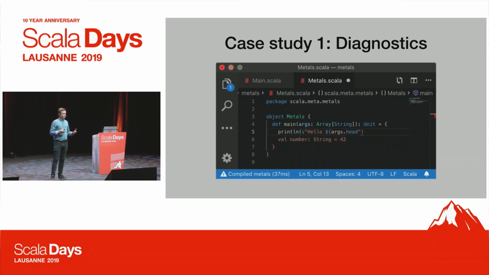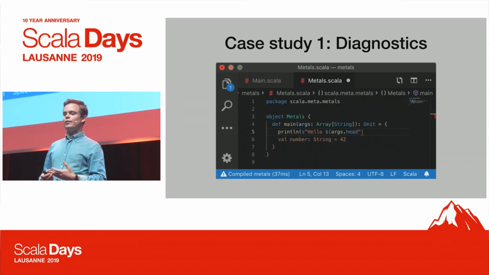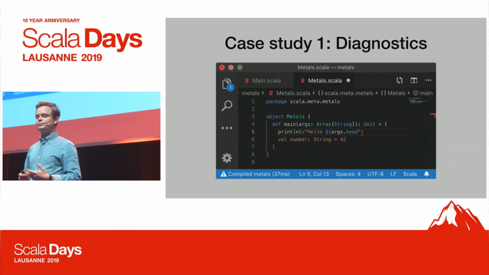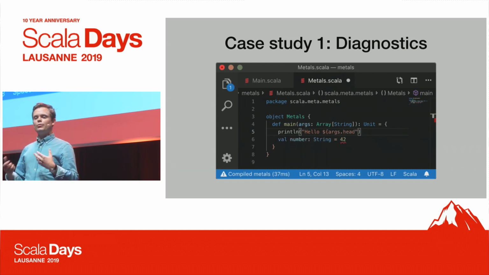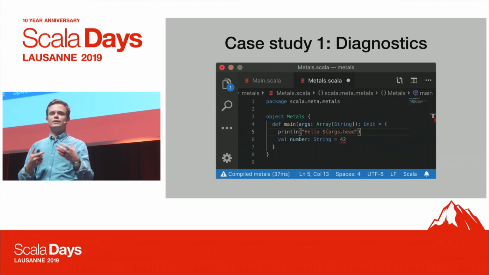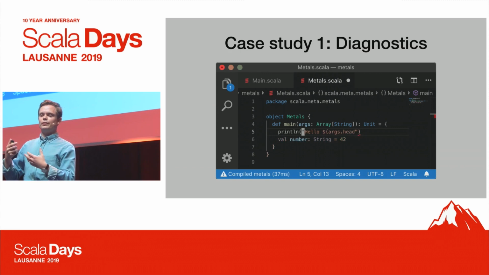As you can see here, we're shuffling between a file that doesn't parse and a file that has a type error. So the type error says number should be of type string, but it's actually an int. And when we insert the string interpolator, we're missing a closing curly brace. Essentially what this case study is about is how we tackle this problem of trying to provide these errors so that they're helpful, but do it in a fast way.